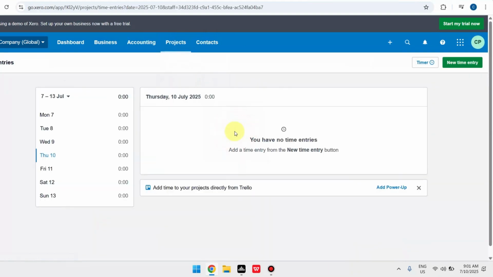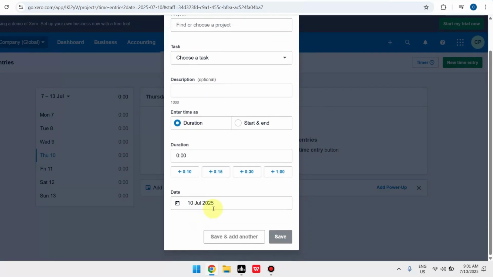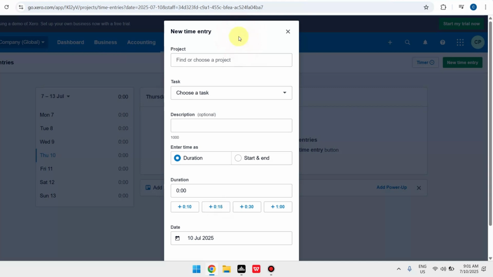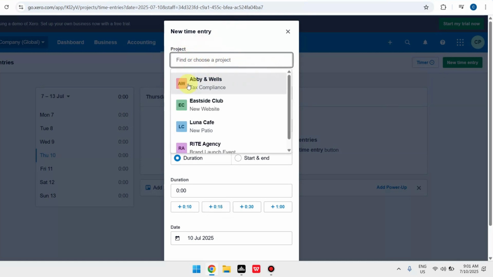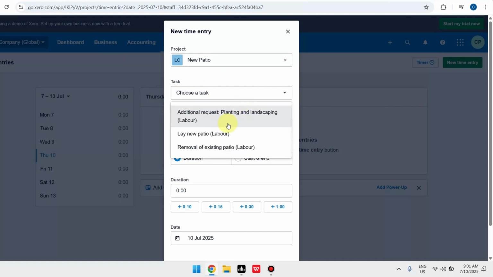entries. And from here, you have an option to add time to your projects directly from Trello. And you can also start with a new time entry. And from here, all you have to do is fill in all the details, starting by choosing a project. So, say for example, we're just going to add in Luna Cave. Then next, choose a task